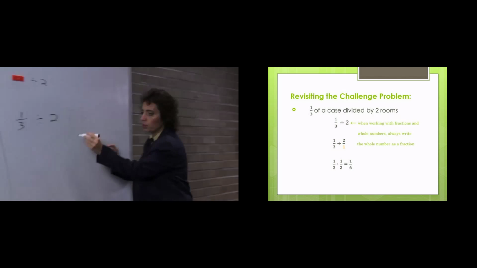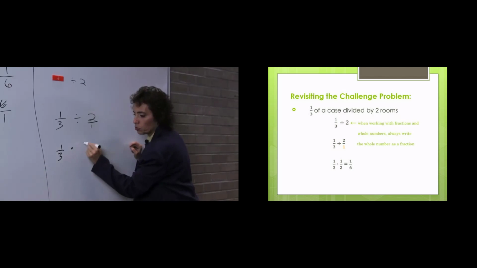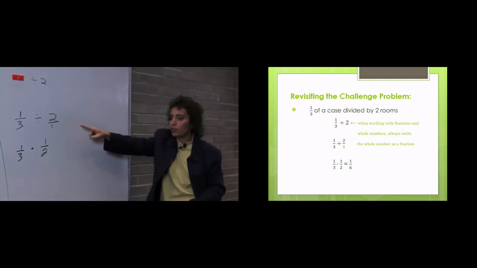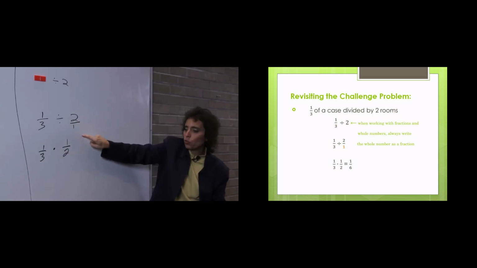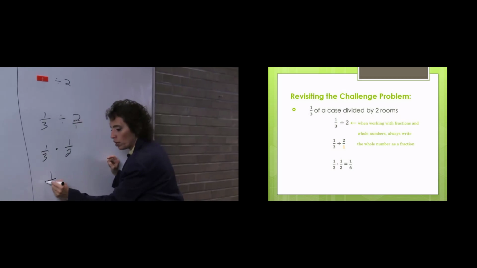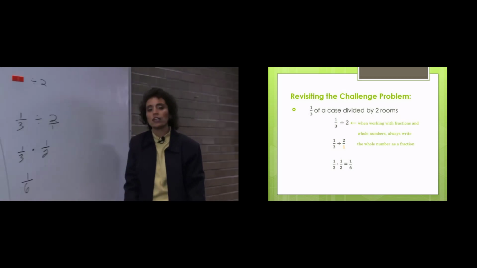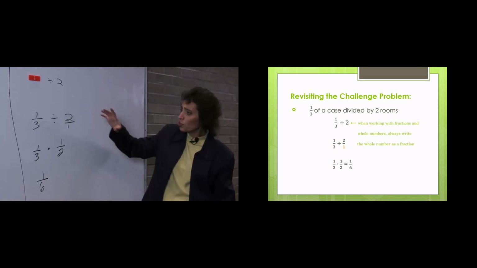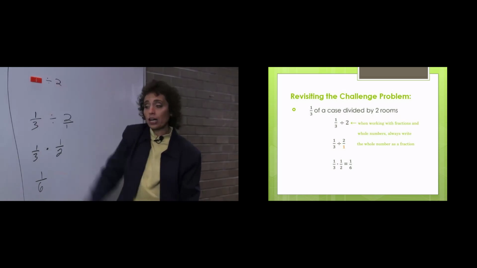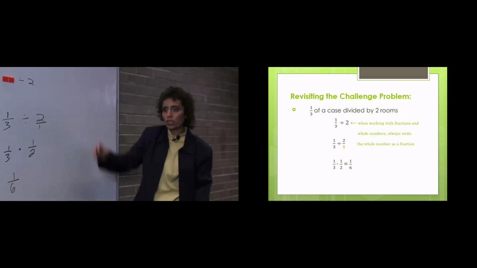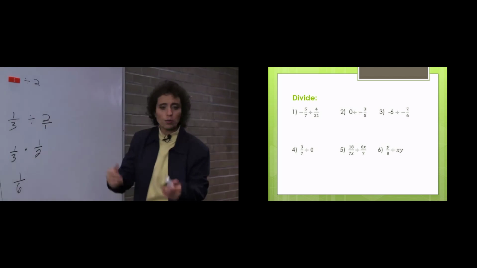Well, in order to do that, I want to make everything look like a fraction. So this is 1/3 times 1/2, because I'm going to flip this fraction, right? Keep the first one, change division to multiplication, and flip this one. When I do this, I get 1/6. So everybody gets 1/6 of a case of tile. Okay? So that's how that works. So this whole discussion was based on this little thing about this case of tile. First you had to learn how to divide in order to get to the answer. Let's do a couple of questions. I'm going to let you do the first 3, and then we'll check on your answers.